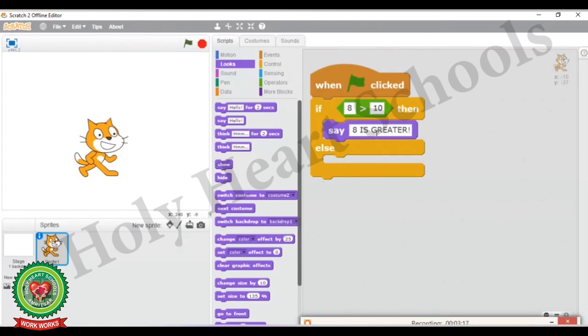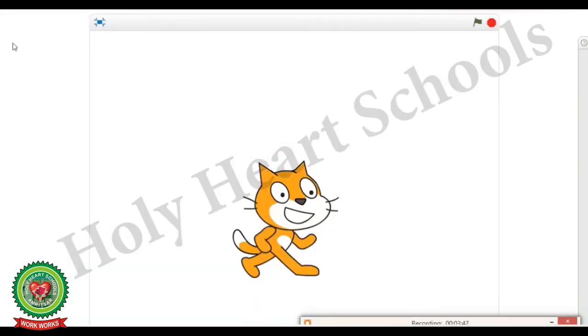Or if the condition is false, then the else part will execute. Now here I am going to drag a say block in the else part. Now the else part will display the message 10 is greater. Now to see the output, click on the full view mode button.